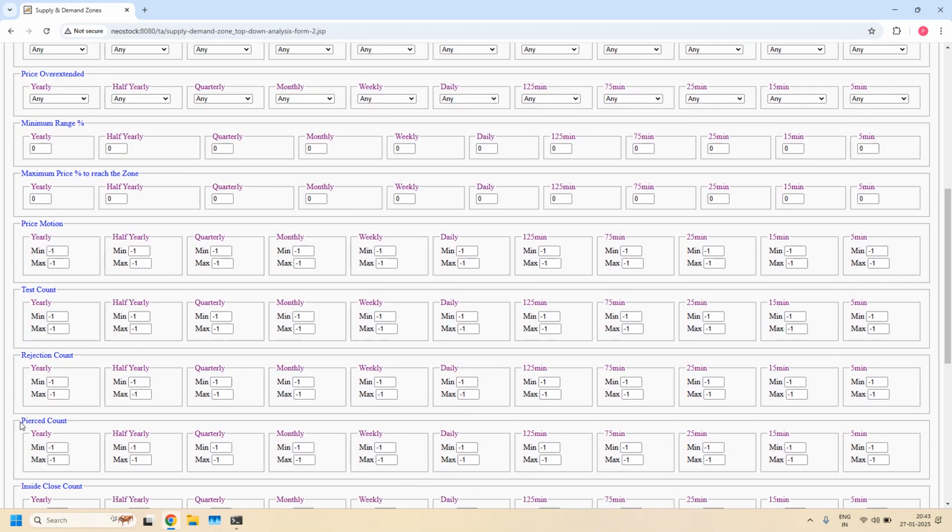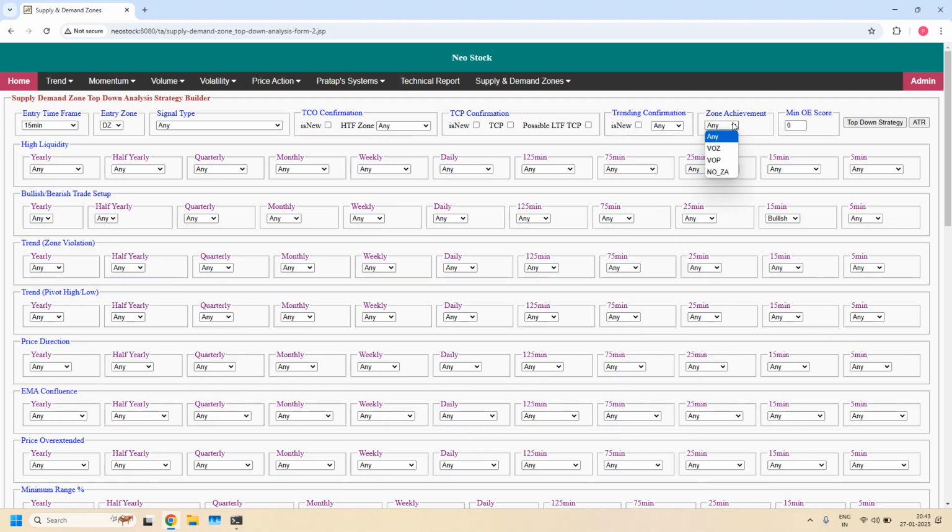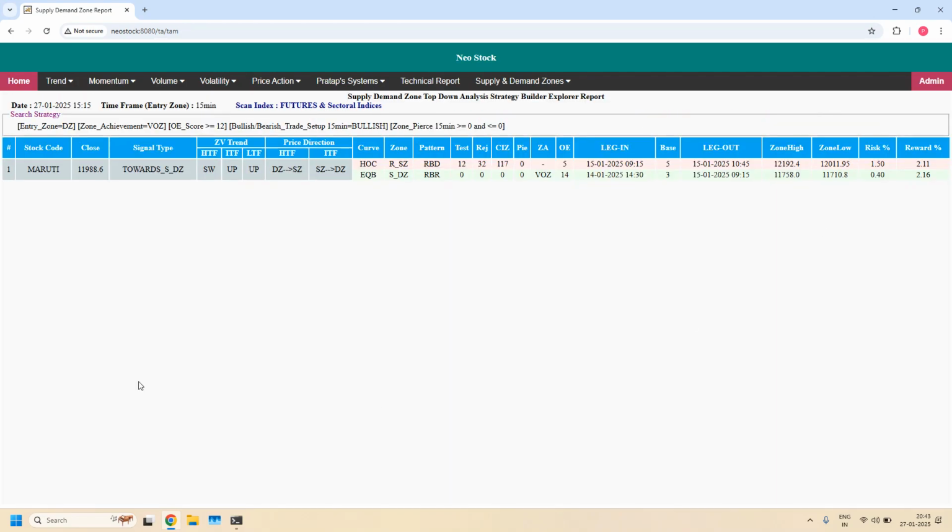So in the pierced count parameter at 15 minutes time frame, I am setting minimum value 0, maximum value 0. Zone achievement VOZ, minimum odd enhancer score 12. All 3 filters are applied to the 15 minutes demand zone. We got only 1 stock. Currently, this only 1 stock is supporting a bullish trade setup for daily income trade, and the entry time frame is